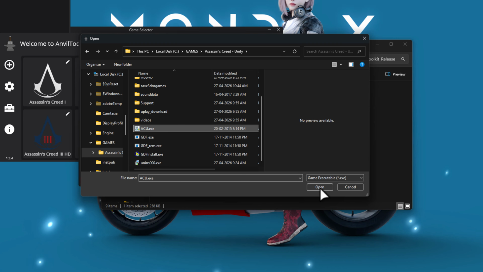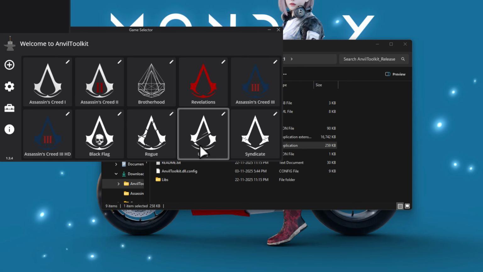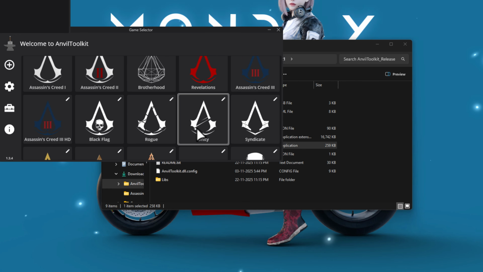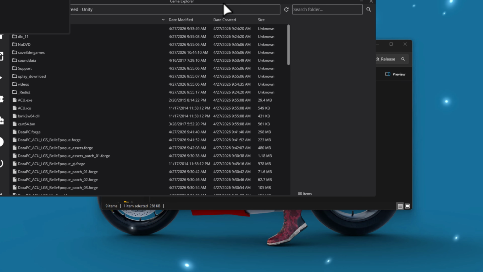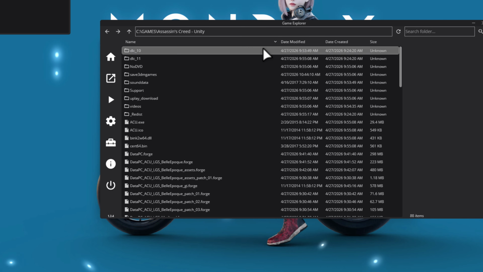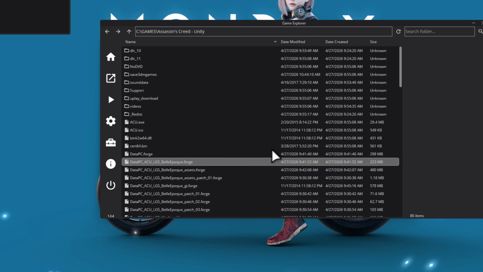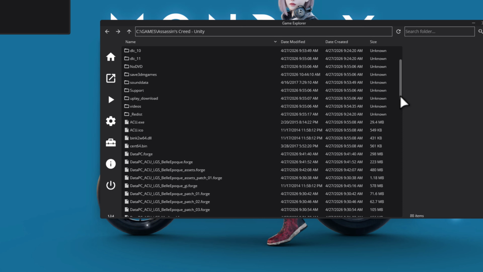Select the game exe file, select the open option and select OK. And now double click on this Unity. Just double click and select no option and the game explorer will open up. You need to find data PC